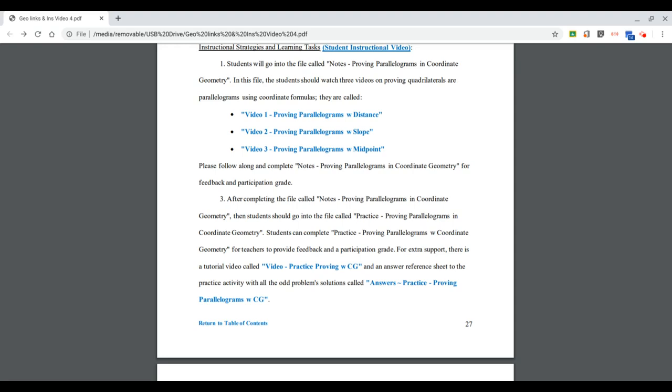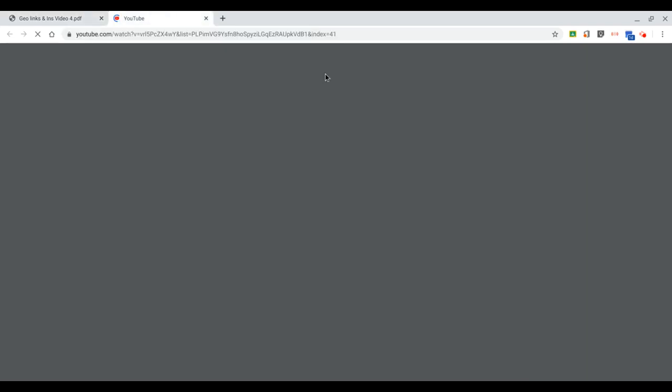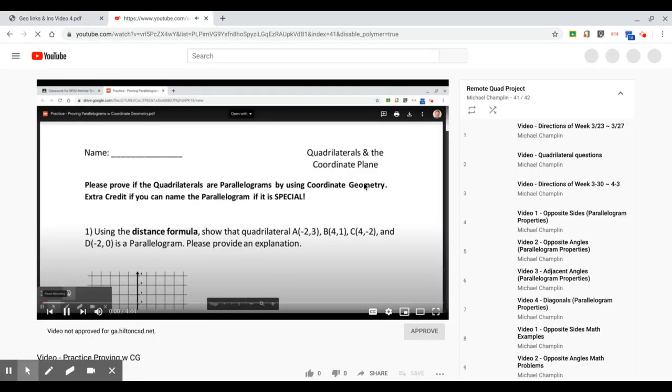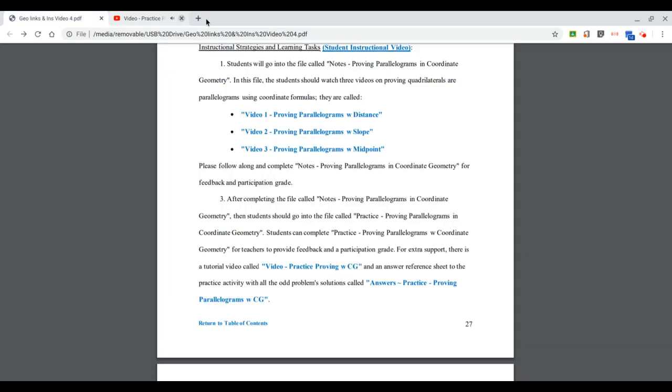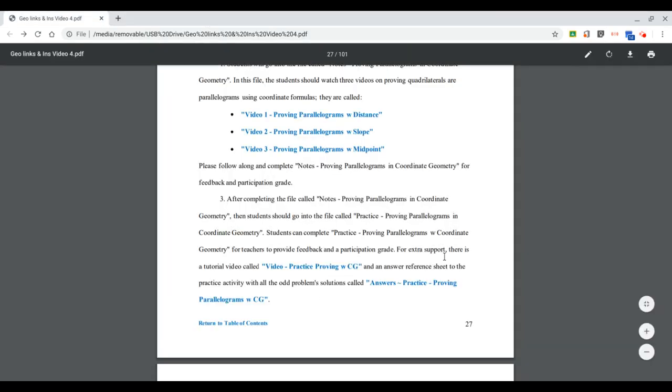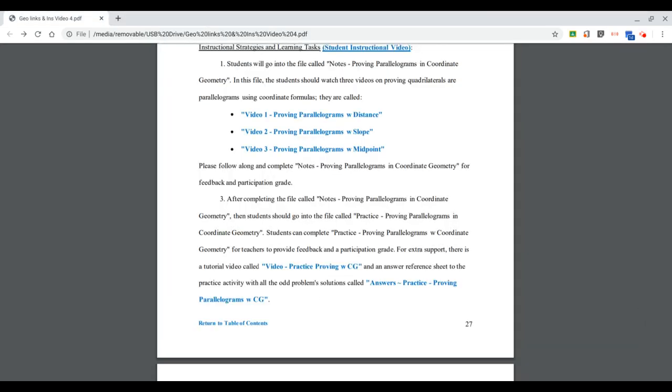Along with this, for support and tutorial, there's a video called Practice Proving with CG, which stands for Coordinate Geometry. In it, it takes samples from the practice activity and has them participate by following along, again just to reassure that they're doing the work right and to promote